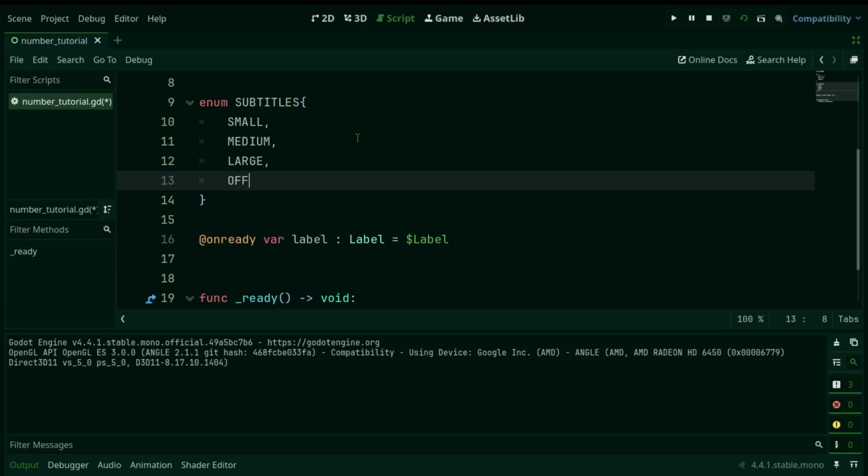We can also add negative values. If our subtitles are off, we use -1.